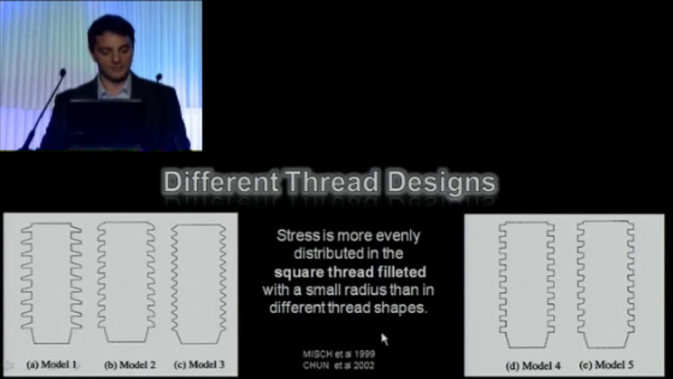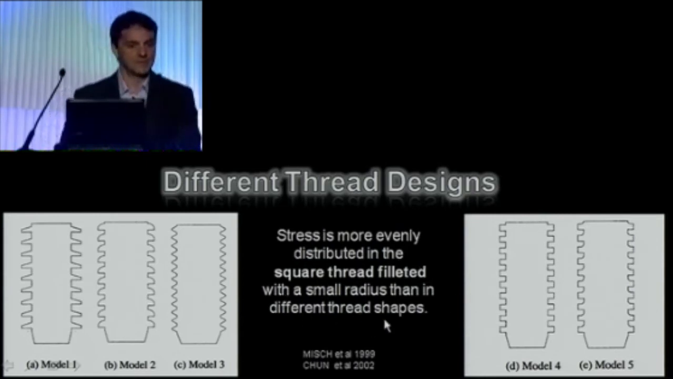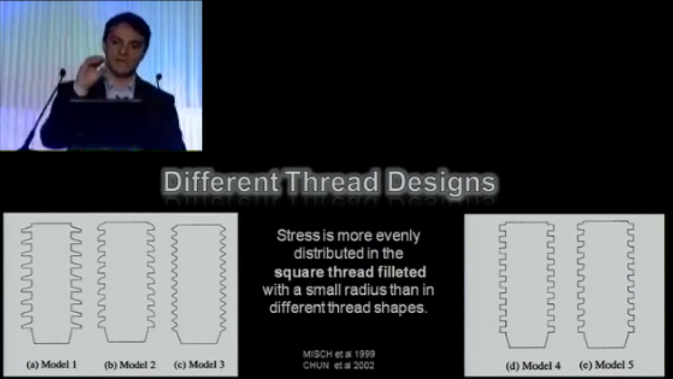Now, they compared many different thread designs in vitro, again in computer simulation. And what they concluded in this study, there are 2 studies published on this topic, is that stress is more evenly distributed in square threads filleted with a small radius than in different thread shapes. So on one hand, cutting threads help during implant placement for surgery. But when you look at the long life of the implant for the load dissipation,